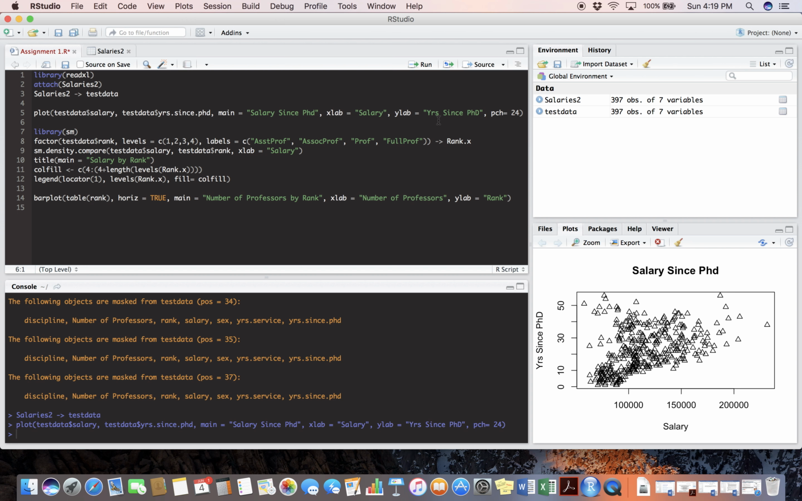In this case, the x label is salary, and the y label is years since PhD. And then we have a pch equals 24 command. But let's take a look at the